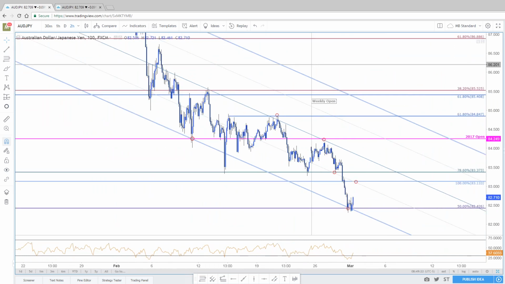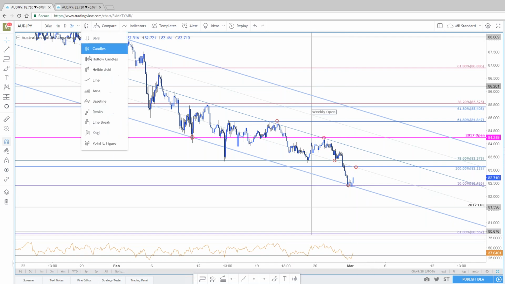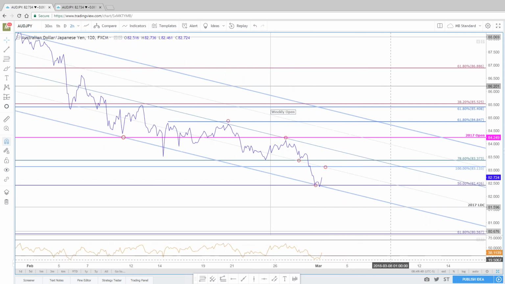Well, from here, the initial focus right now is to the upside. You had some divergence into that low. Price action making a lower low, the oscillator making a higher low, albeit in oversold territory. So a weak signal, but certainly this break here and push through back 30 does shift the near-term focus higher. On this stretch, look for 83 into 83.13 as your initial area of resistance here on this bounce higher.